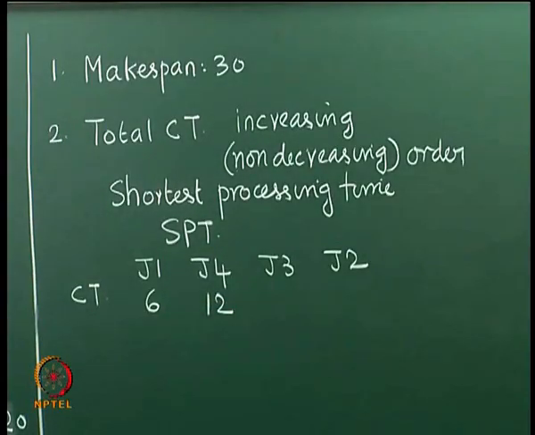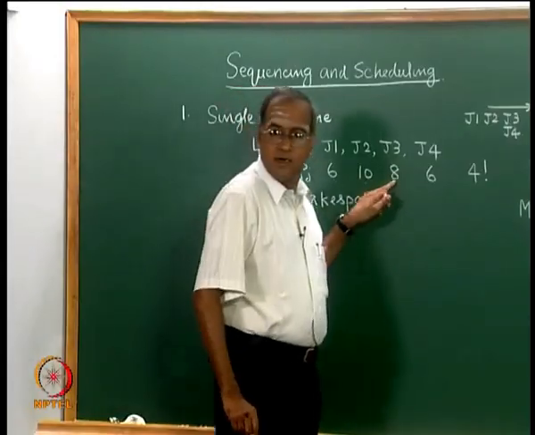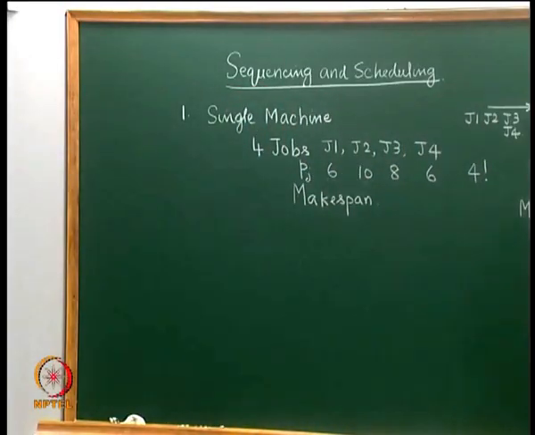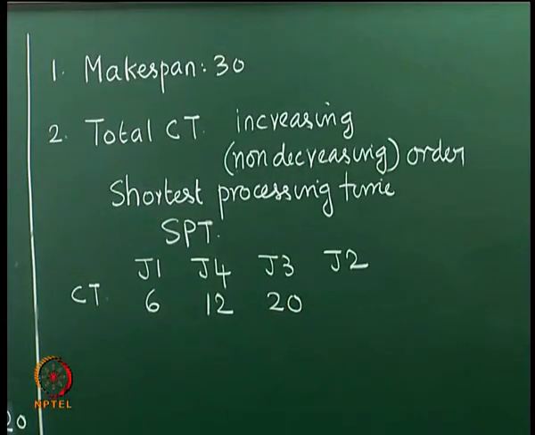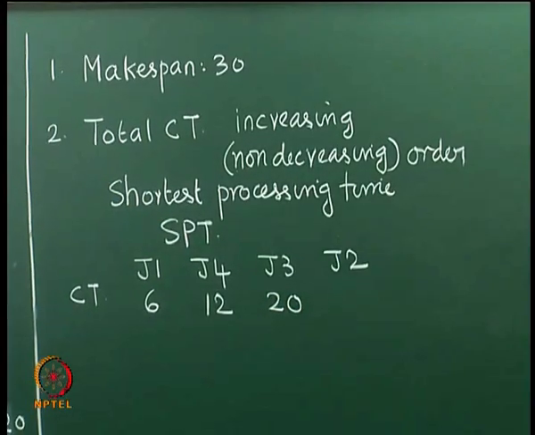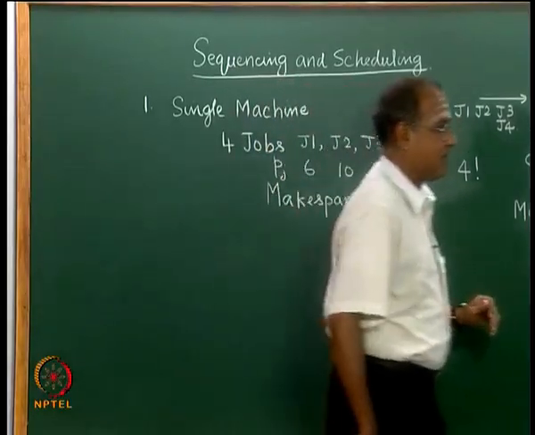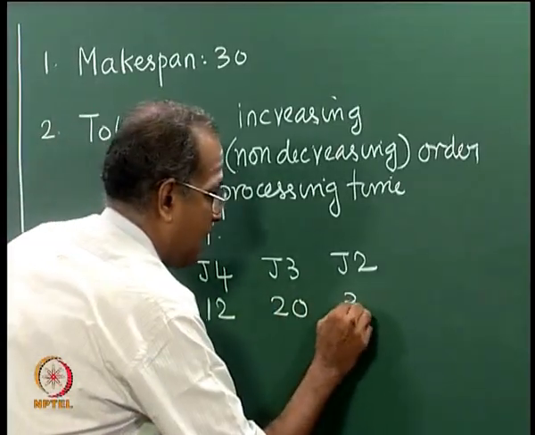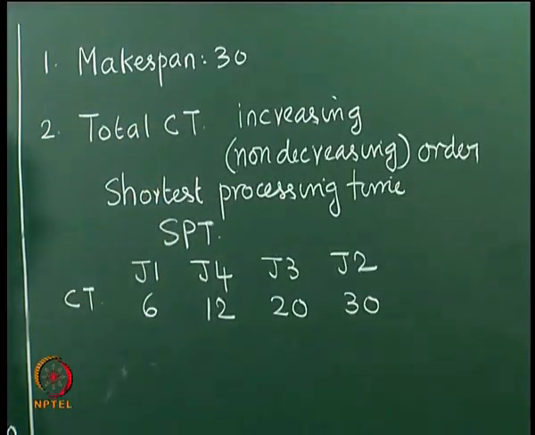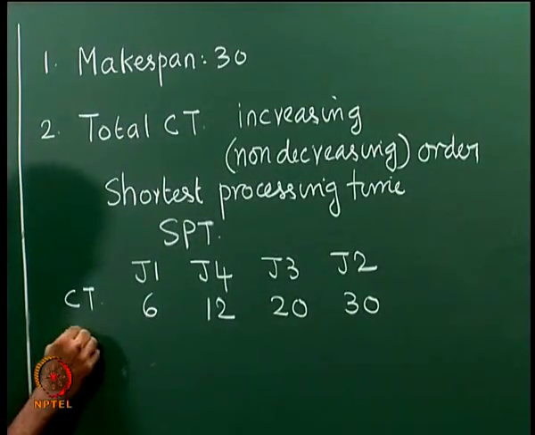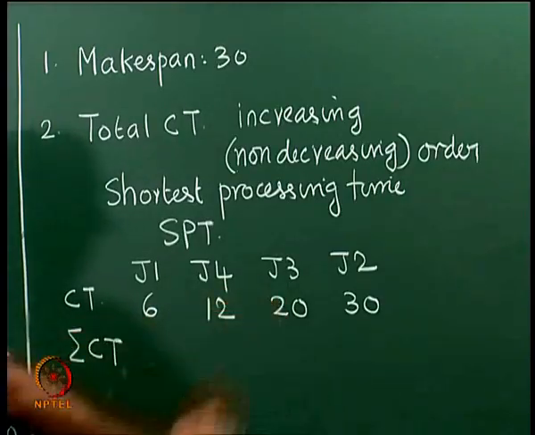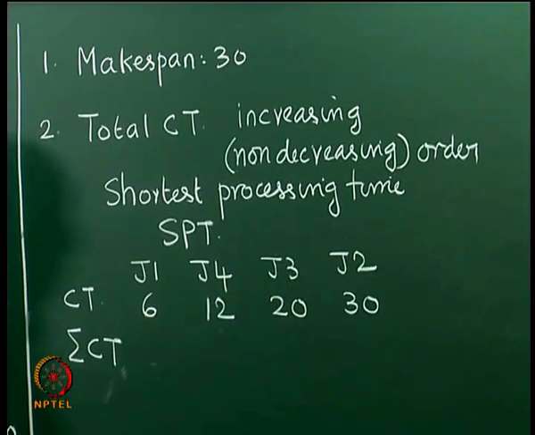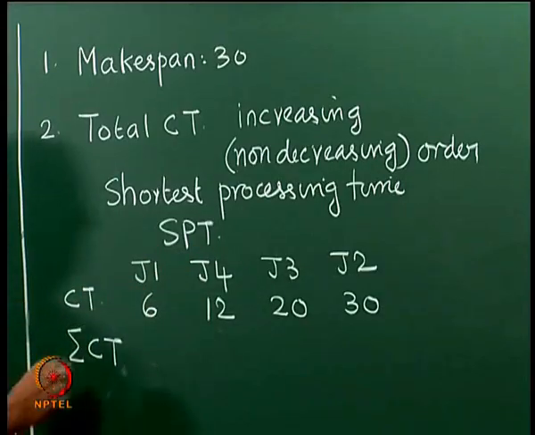At 12 it takes up J3, takes another 8 units of time, finishes at 20, and at 20 it takes up the last job, which is J2, which has a processing time of 10, and this will finish at time equal to 30. Now sum of completion times is 6 plus 12 is 18, 18 plus 20 is 38, 38 plus 30 is 68,